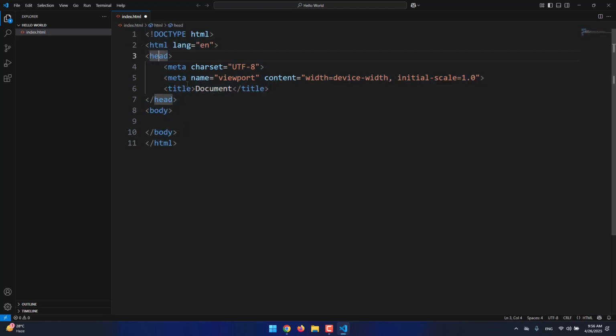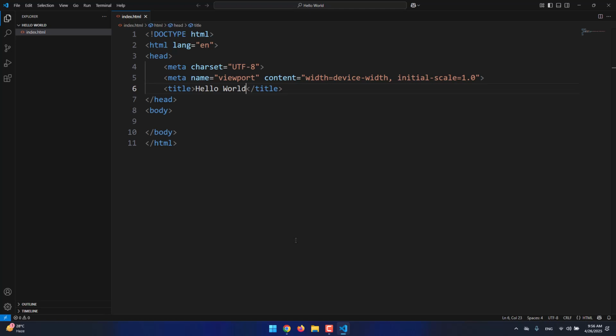We have head, which is for the settings of our web page, and we have body, which is the content of our web page. So here, as you see, in head, we have a couple of meta tags, which are for settings, as I said, of our web page. We have a title, which I can change to Hello World. And if I save,